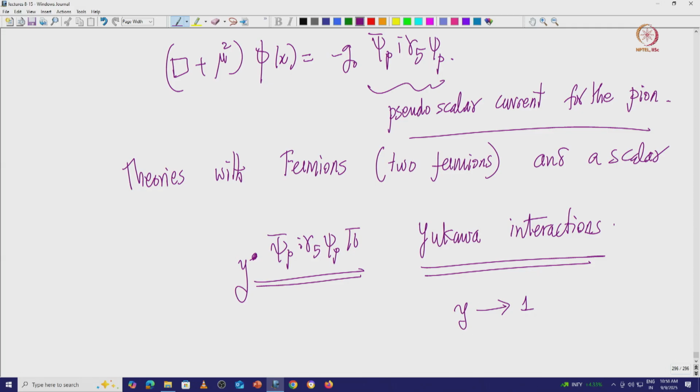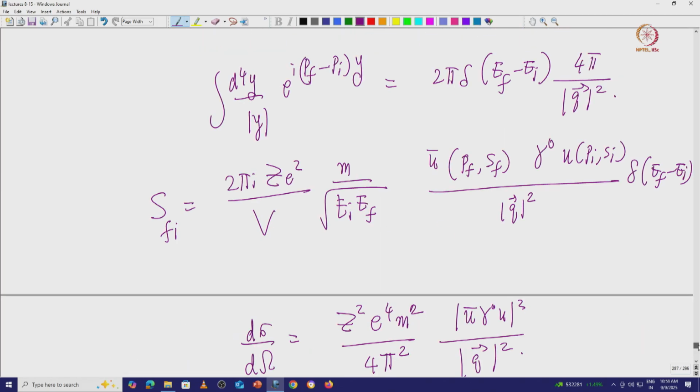So when you use these methods you do not get very precise answers, you only get estimates. When you use these Green's function methods, because you are using perturbation theory, at the end of the day you only get some sort of good estimates, but there could be 20 to 30% errors, compared to QED, whereas in QED you get excellent answers compared to experiment. So this is all about Yukawa interactions.